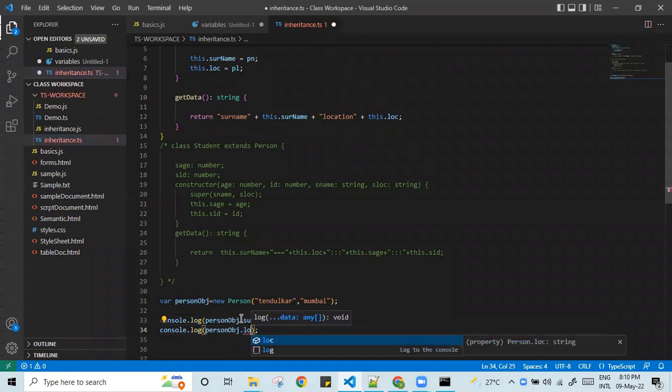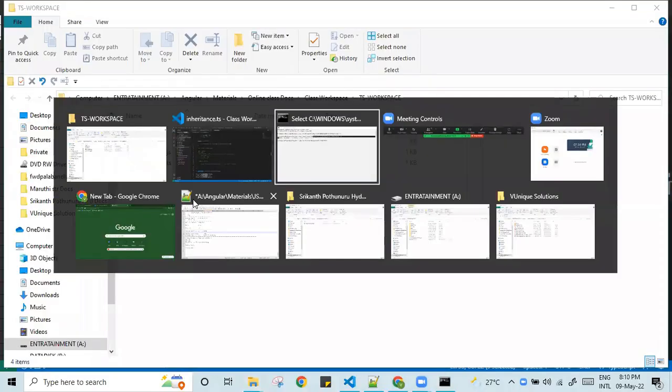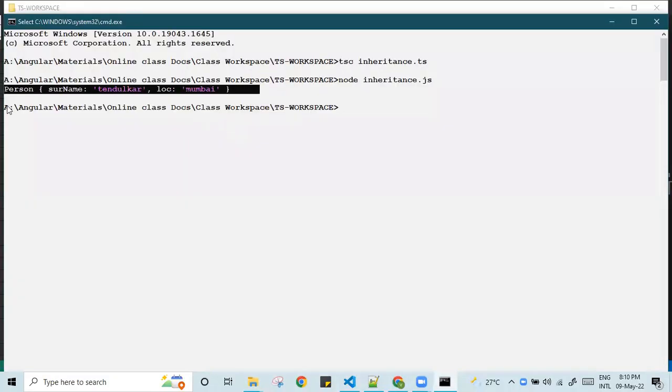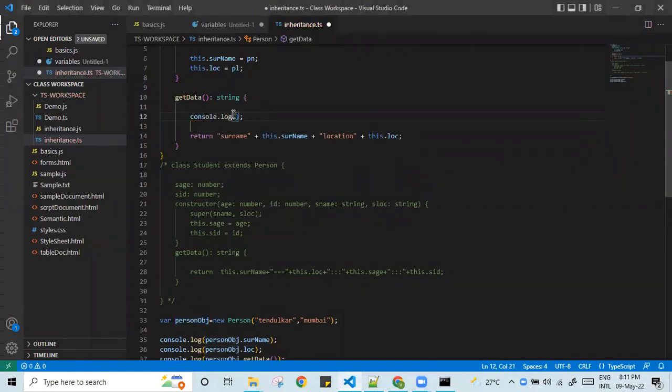Okay, dot location. If you want that method to be called, how are you calling it? getData, like this you call the method, but here we have to pass parentheses because it's a method. Now it's not printing only the person object. In the terminal, individually console logs whatever Tendulkar and Mumbai and the method data will be printing. Inside the method it will be calling. Okay, inside the method, if you want, you can put a normal log here